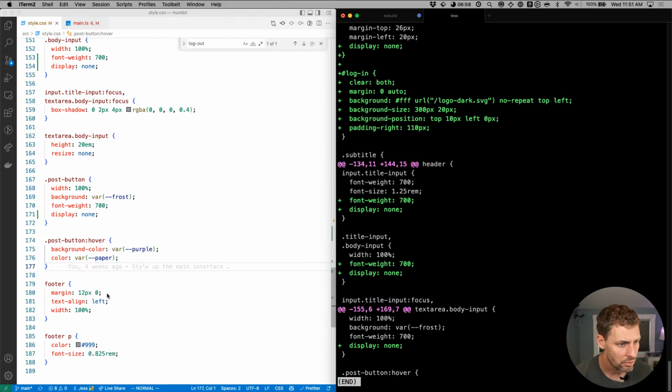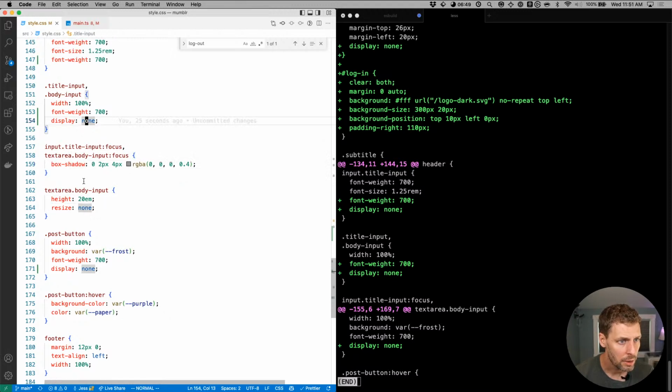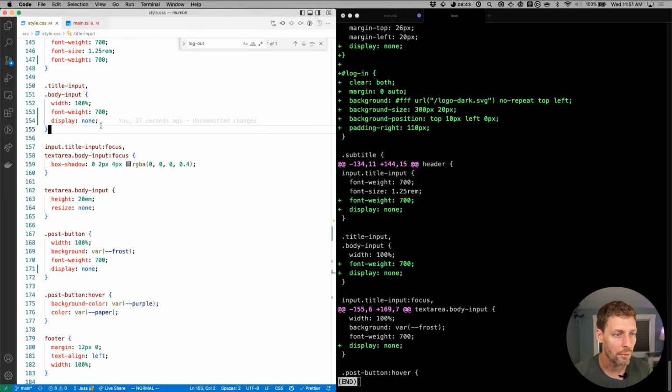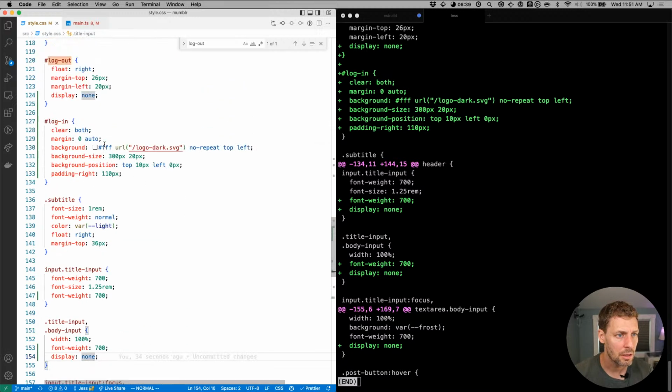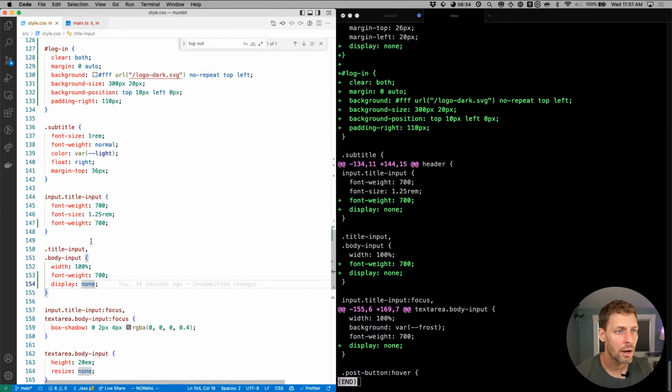That's lines 155 to 166. All right, so there's our display button. Display none, display none. Oh, this is just me reading this wrong. Okay, cool, yeah. We have to display none the title and body input, the post button, and the logout button. So we will need to grab